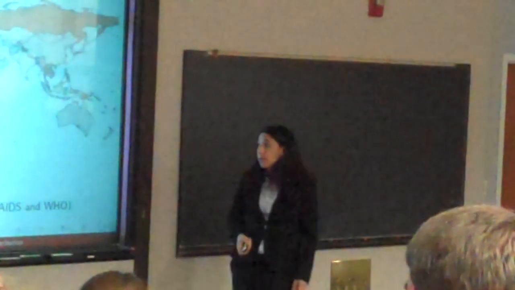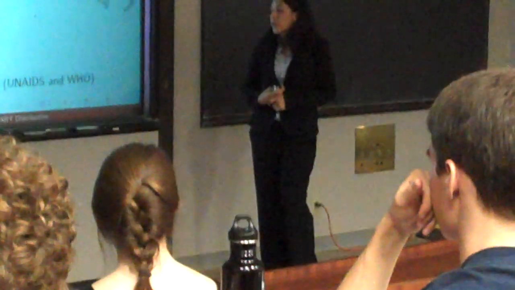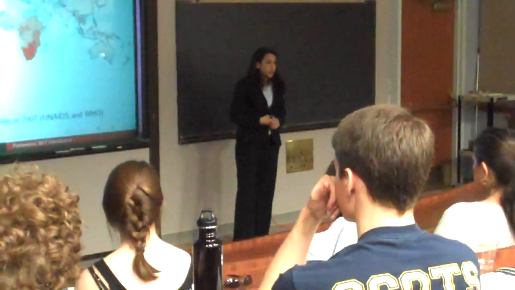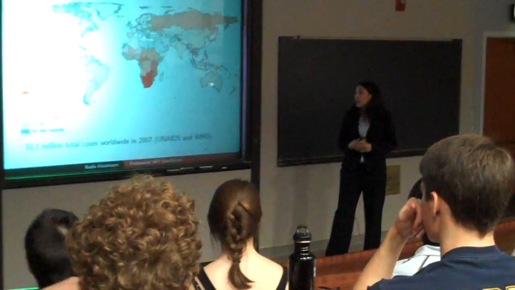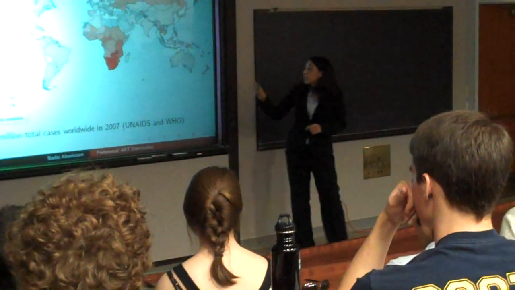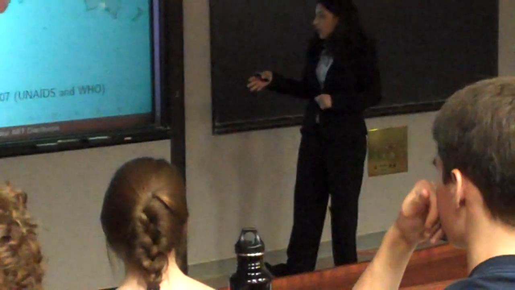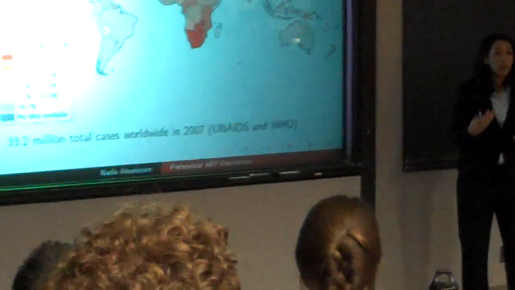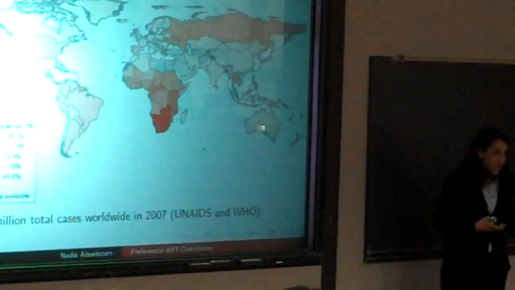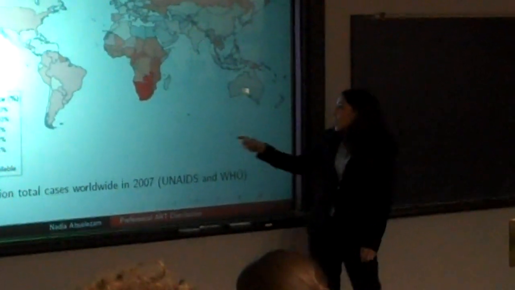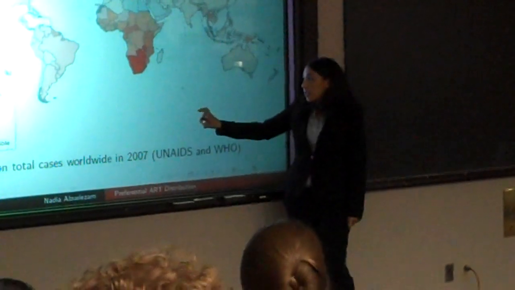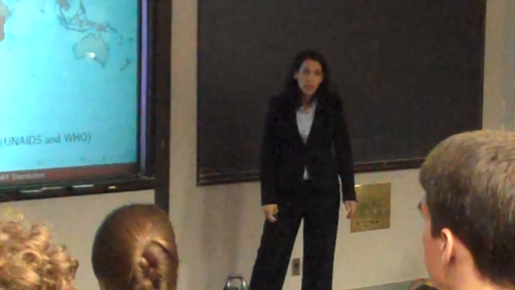HIV is one of the largest health problems that we're currently facing in the world. 33.2 million people are estimated to have had HIV or were having HIV in 2007. And on this plot, the darker red signifies places where the prevalence is over 15%. And when I speak about prevalence, which I'll talk about a little bit later, it is the proportion of the population that is infected with HIV. So you can notice that in a lot of sub-Saharan African countries, we have these darker red shades, and specifically in the countries in southern Africa, we have populations where 15% or more are infected with HIV. And so this just goes to show that this is actually a health problem that we should be worried about